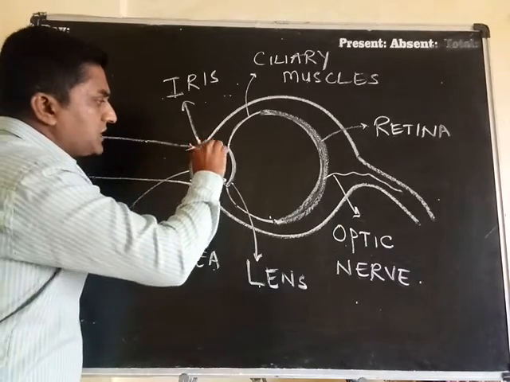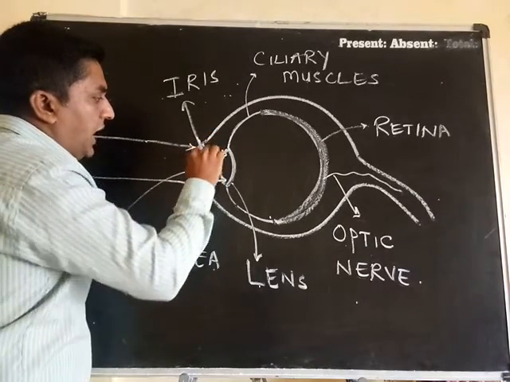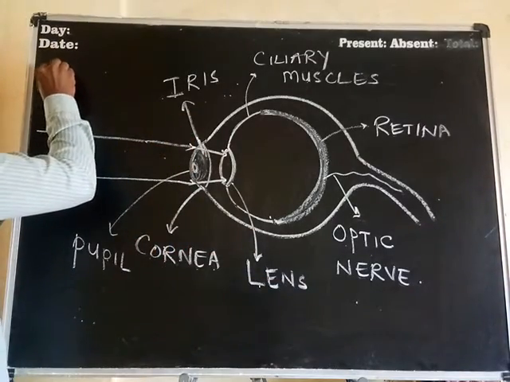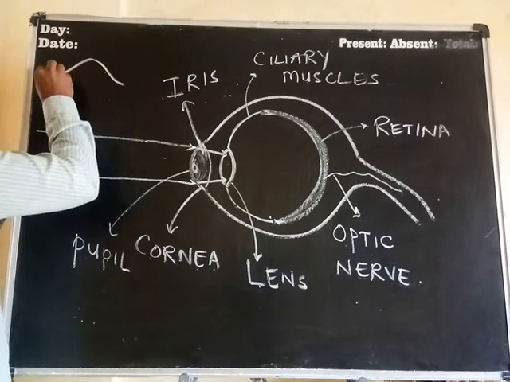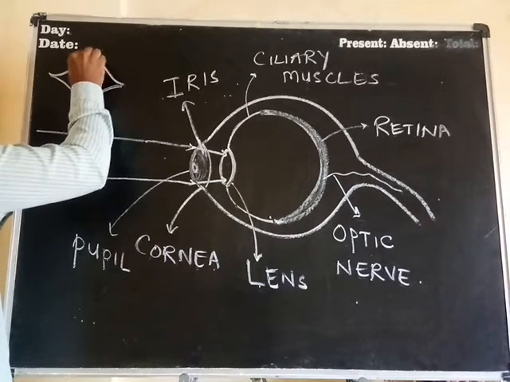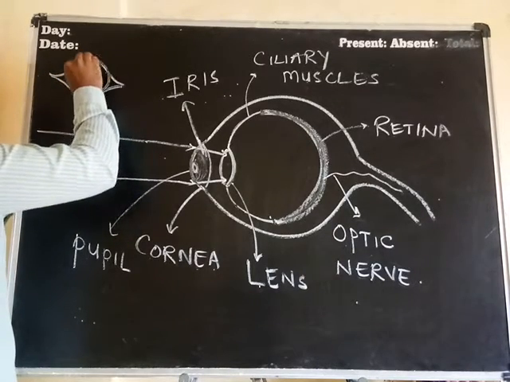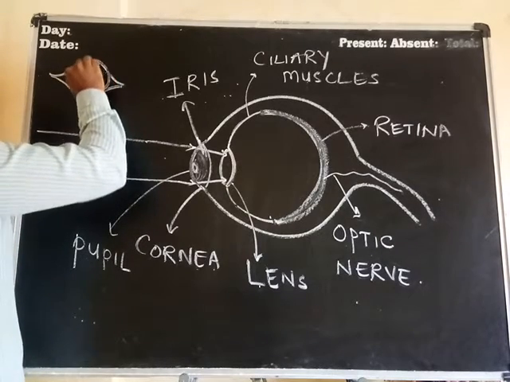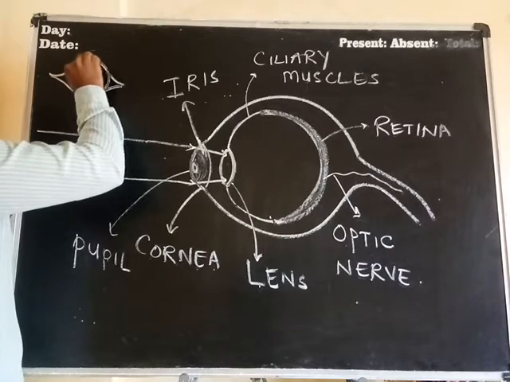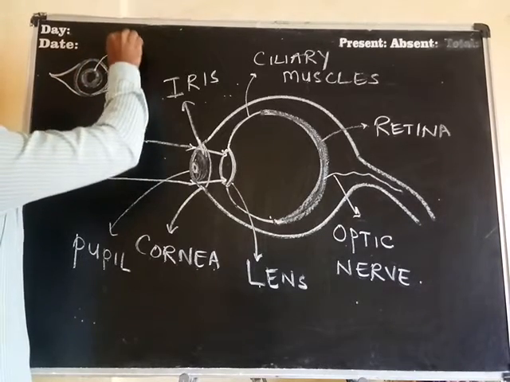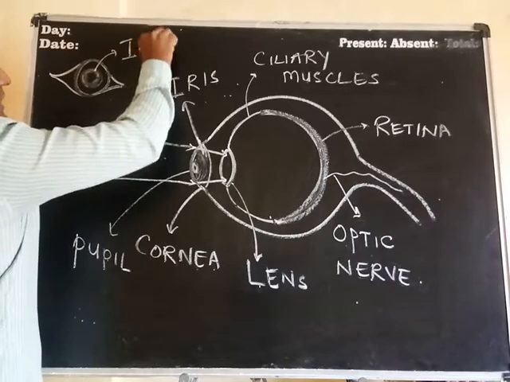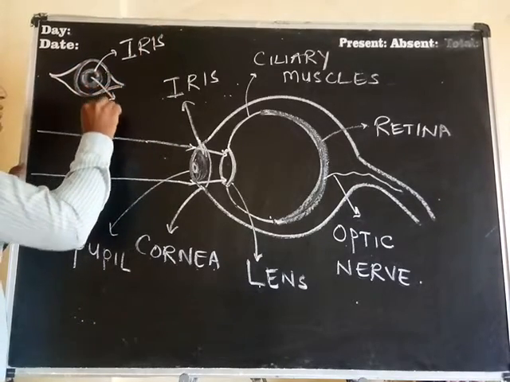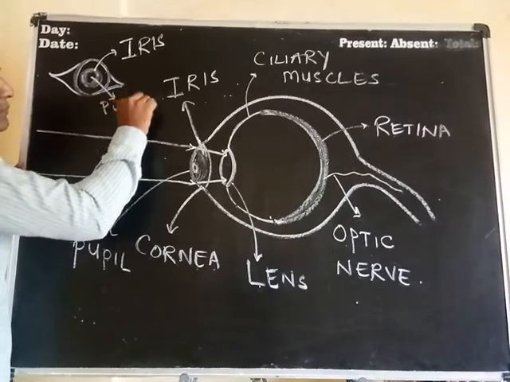Now what is the use of this iris which is being shown here, and what is the use of the pupil? Right everybody? So I will show you one more diagram of the iris and pupil. If this is your eye, normally we draw it this way. This is your eyeball. So see everybody, this is called the iris. And can you see this small hole here? This small hole is called the pupil.